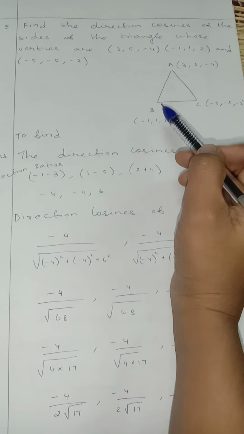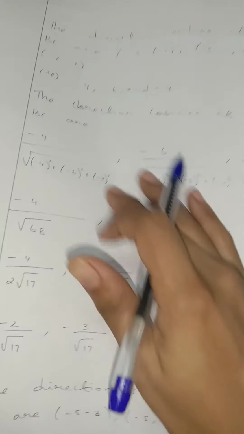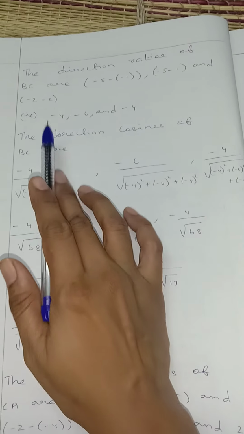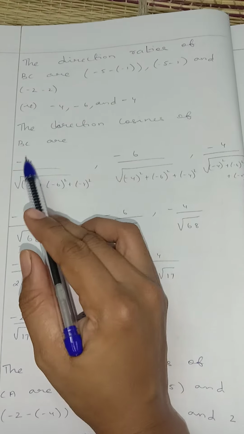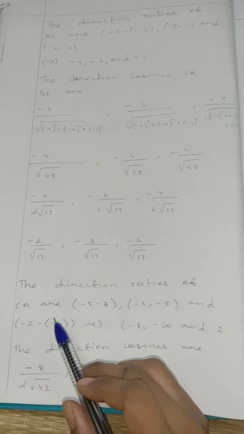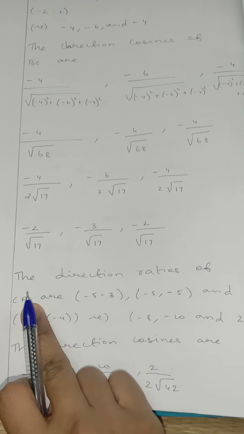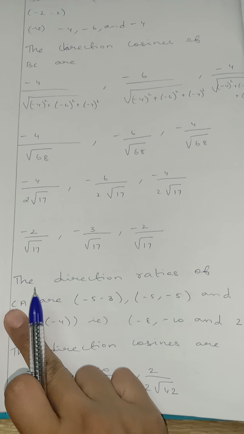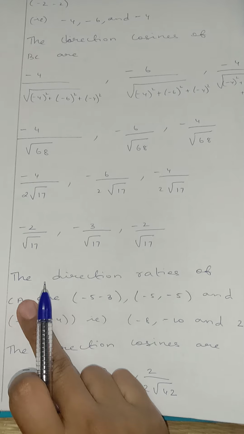Now can you see how to find the direction cosines of BC? First you find the direction ratios of BC. Okay, then you can find the direction cosines of BC using the same thing. Now next you can find the direction cosines of CA also in the same way. See, CA. So you should take C as x1, y1, z1 and A as x2, y2, z2. So that you should be very clear here.